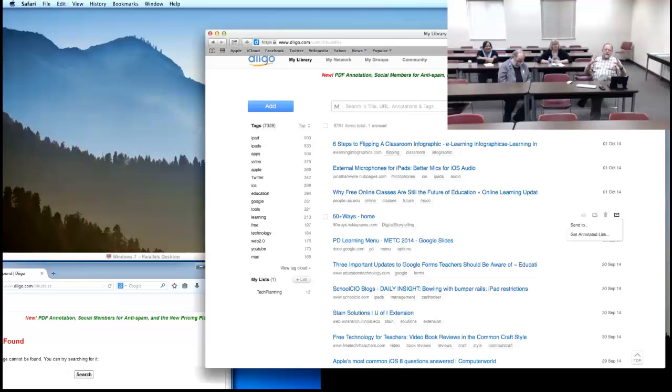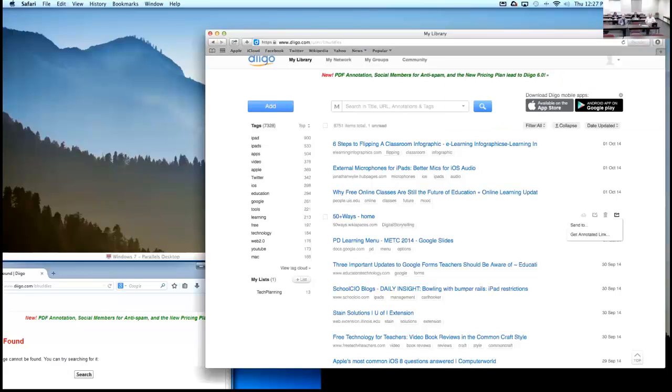Diigo has made a very concerted effort to tie into that old service, and I just noticed it today. That was why I brought it up. If you see up there towards the top, it says new PDF annotation, social members for anti-spam, and new pricing plan for Diigo 6.0. It's underneath there. But anyway, this is a tool that I use every day,